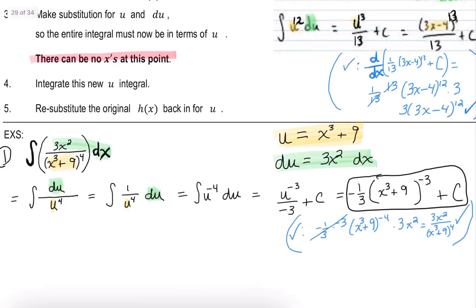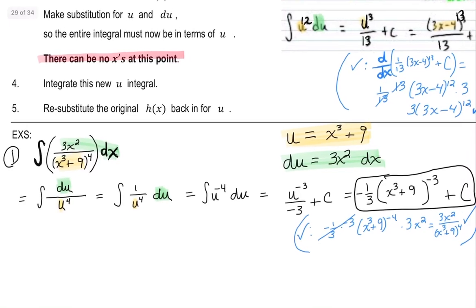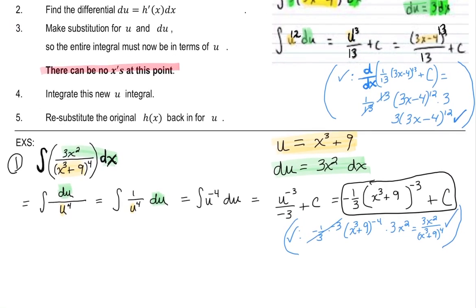All right, so a nice perfect substitution there to start that one. Okay, let's look at another example. So number 2. So let's take a look at,